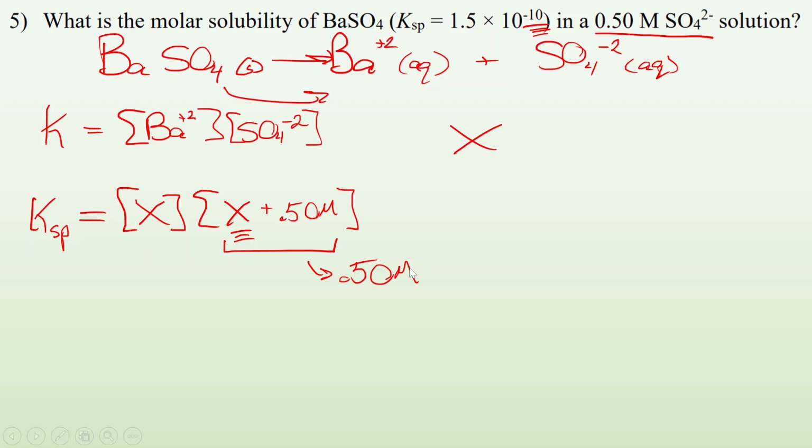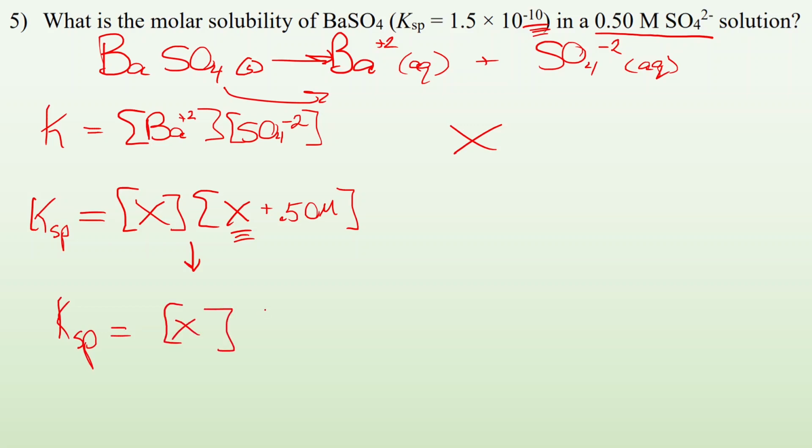Then we're going to check to see that we can do that assumption. So that simplifies things, right? I'm going to make that assumption. So my Ksp, I'm saying, should be equal to x times 0.50 molar, because x is going to be really, really tiny. So if I add it to 0.50 molar, I'm going to assume I still end up with 0.50. So now I can just solve for x. Ksp, they gave me the value. x I'm solving for. x equals,